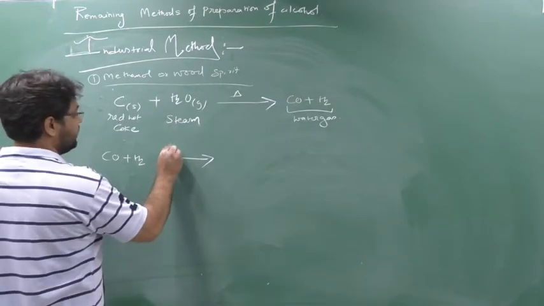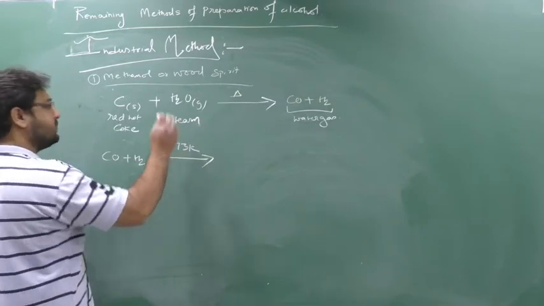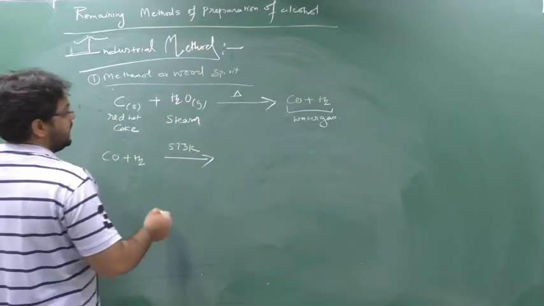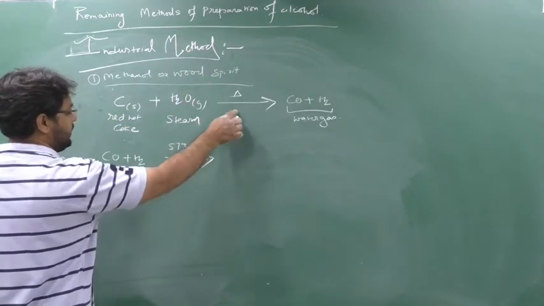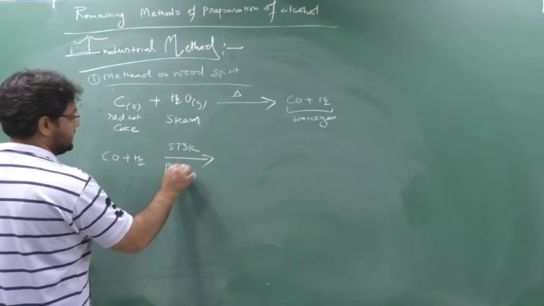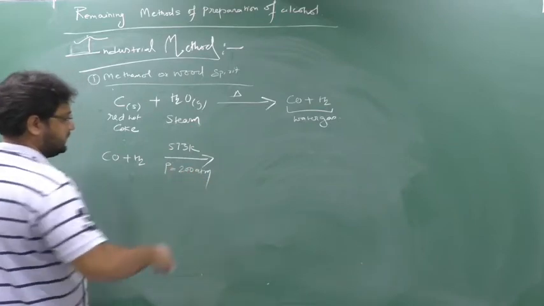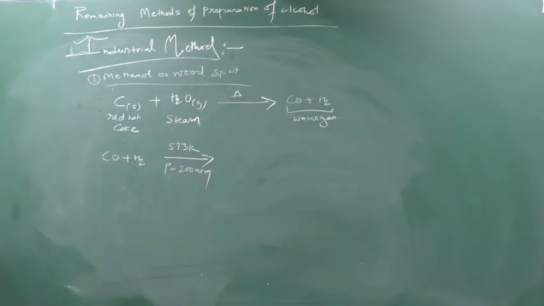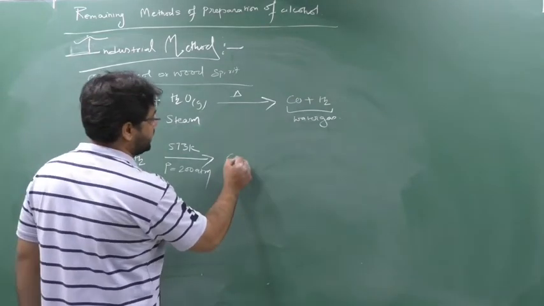To nearly 573 Kelvin temperature, means a bit more than this temperature. And at pressure, here pressure is not given, but here pressure is given. So pressure is given nearly 200 atm. So when you give the pressure of 200 atm, it will form one product, and that product is